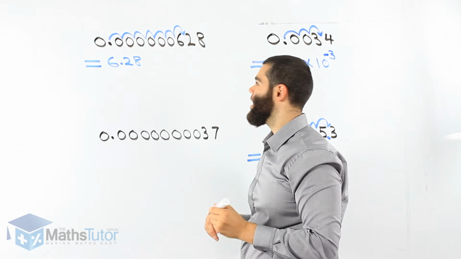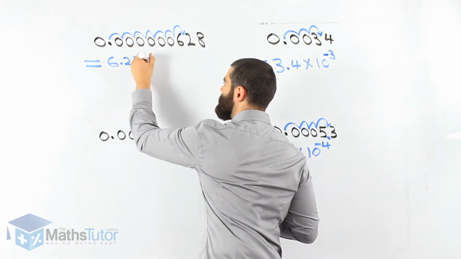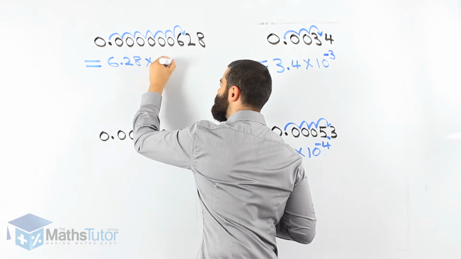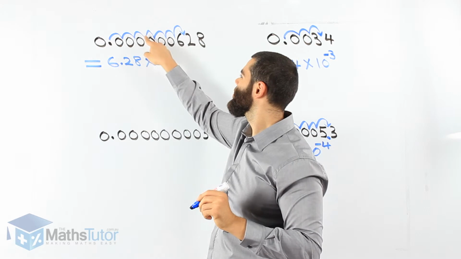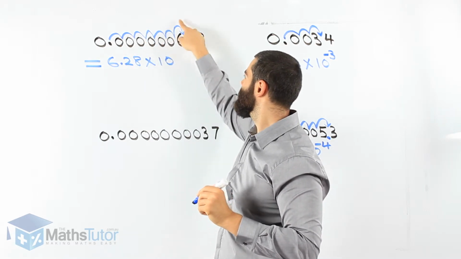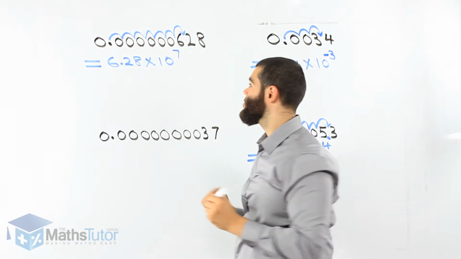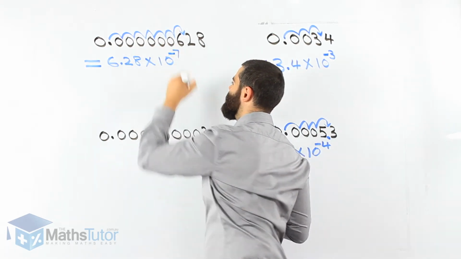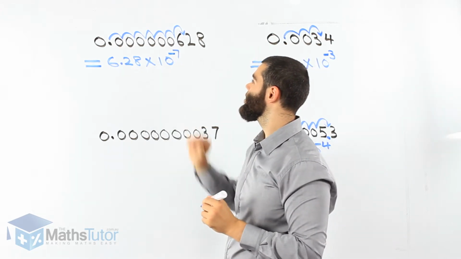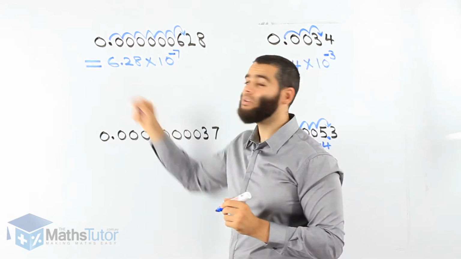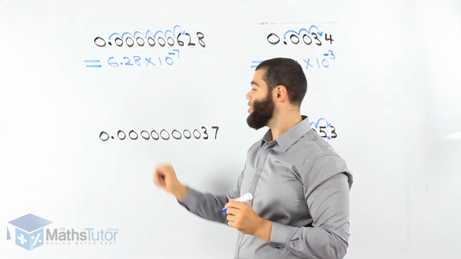It's going to become 6.28, a number between 1 and 10. 6.28 times 10 to the power of how many jumps? 1, 2, 3, 4, 5, 6, 7 jumps. And we know we jump to the right, so we're going to put a negative. 6.28 times 10 to the negative 7. Very small number. Next, we have